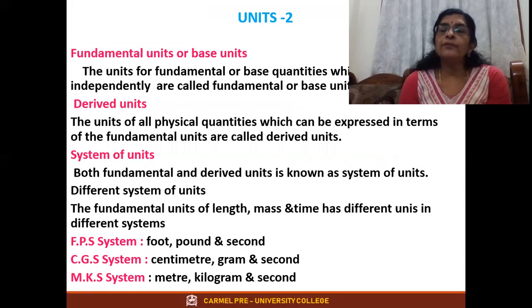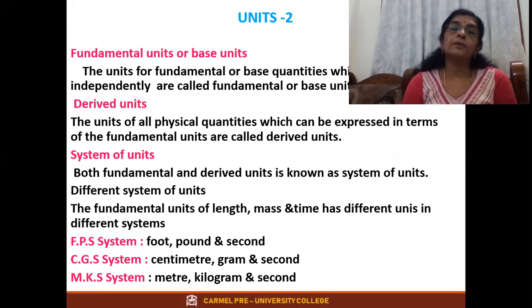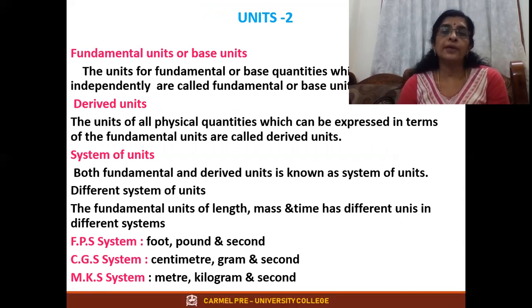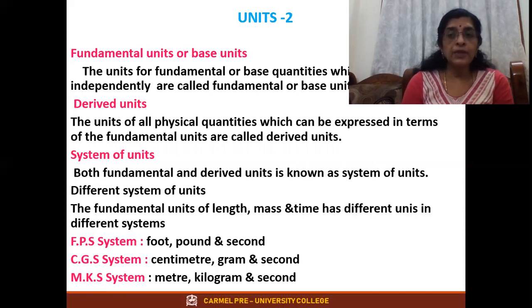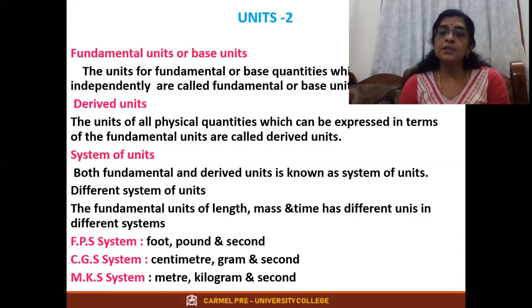Okay. So now when you are representing these units, in those days what happened is that trade was very difficult because each country had its own system of units. There are different systems of units: FPS, foot, pound, second. In time, if you see, in all the systems, second is common. But in length and in mass, the changes come up. So one country will be using foot, another country will be using pound.